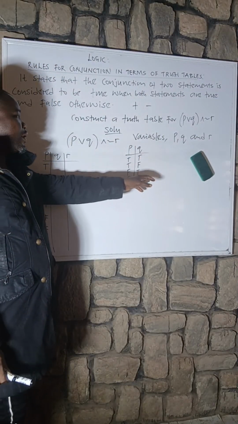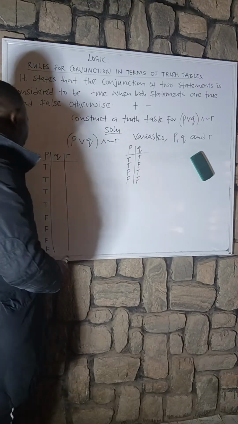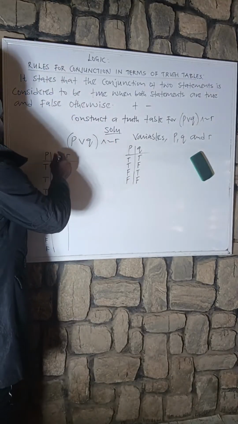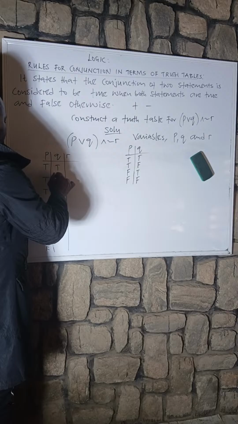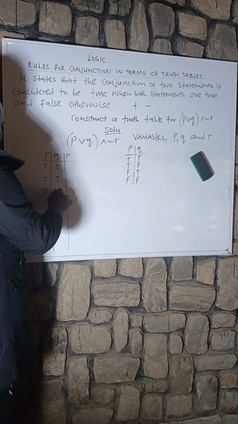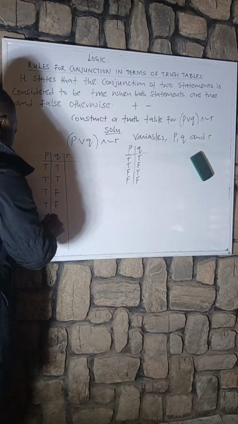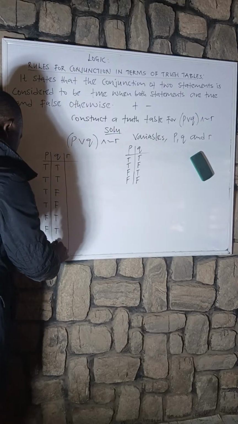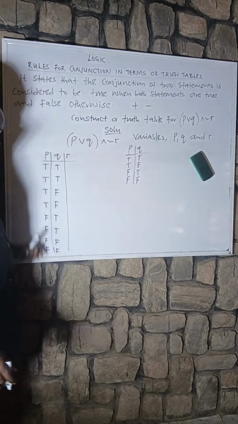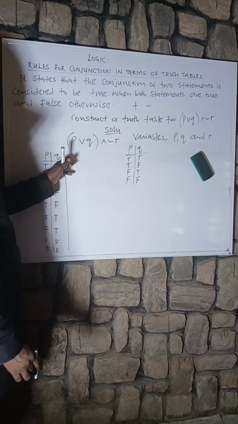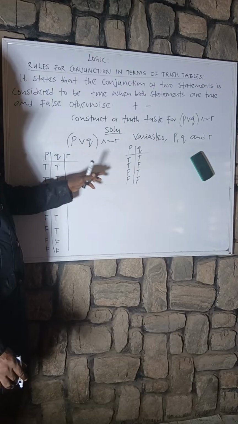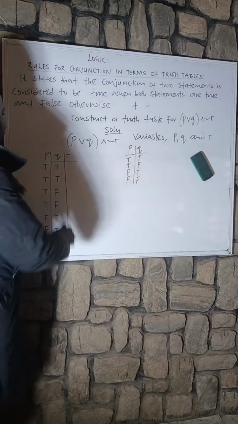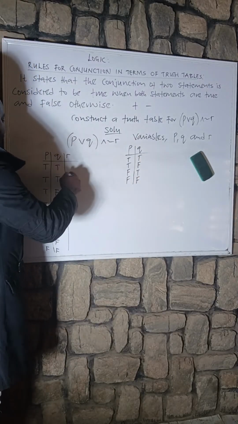Your Q will now be TTFF, TTFF. Can you see now? Then R will now take the place of this. So here will now be TF, TF, TF,